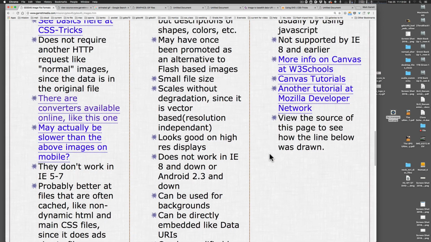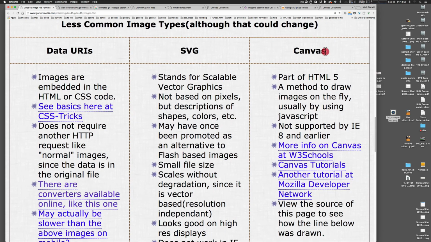All right, the last one is Canvas. Canvas is a new kind of imaging technique or technology that's part of HTML5. It is a way to draw images on the fly, usually using JavaScript, like I said. So it's kind of like you're coding the image. The advantage of that is it can be changed on the fly. So you could use it to do things like animation,